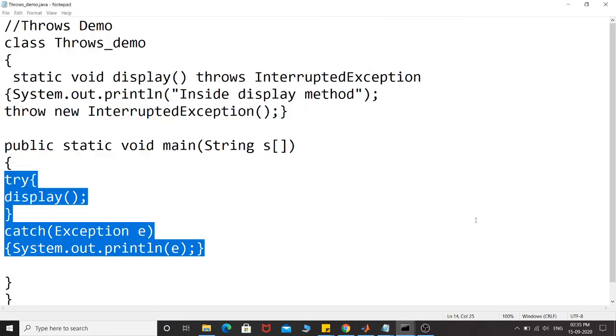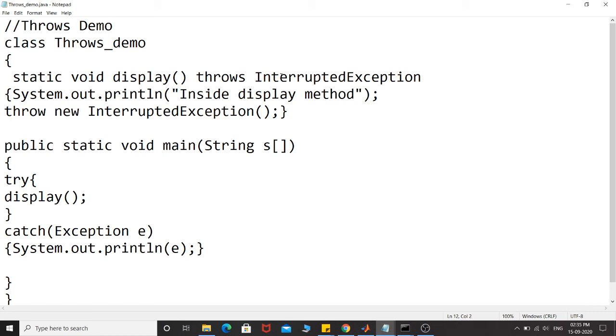So in this way you can explicitly tell a particular method is capable of raising an exception and it is not handling it, and whosoever wishes to use this particular method will have to use it inside try catch block, and it will have to give the handler part of this message or this method, right?